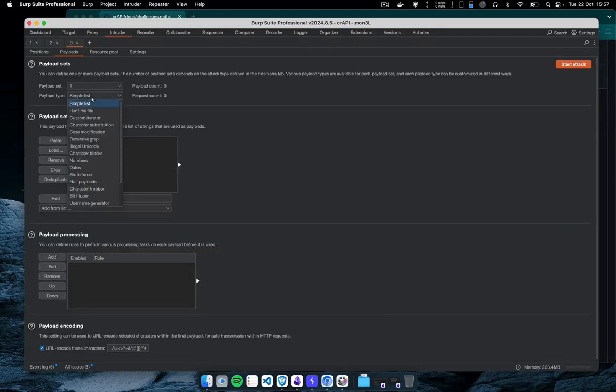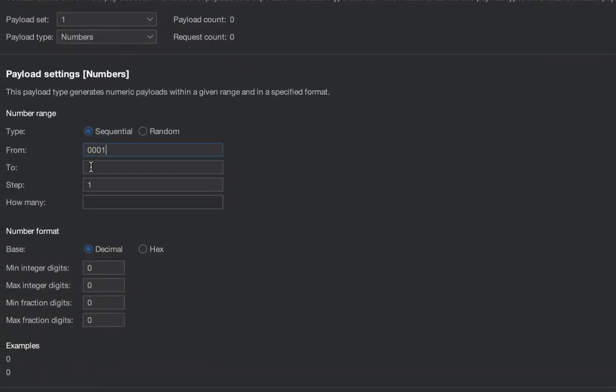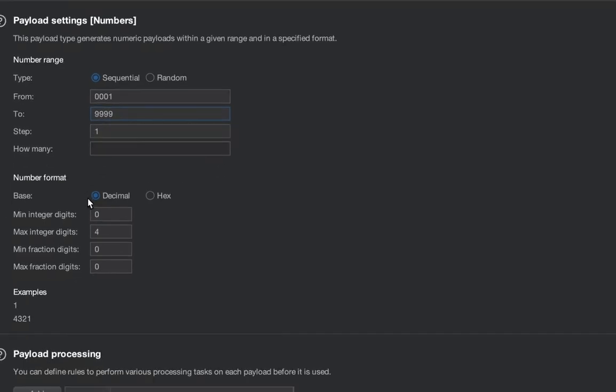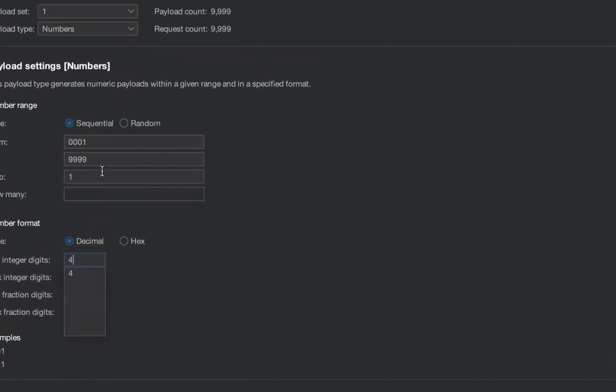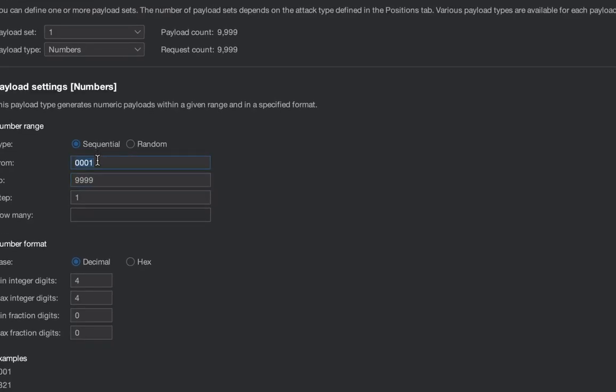And now I will have to select the number. This is for the demonstration purpose. So what I can do is set the OTP value from 0001 to 9999. And if I go ahead with this value, this is gonna take a lot of time. So I'm gonna use some batch numerical numbers. Batch as in I will use 1000 set of OTPs to perform the brute force attack at a time. So I will start with, suppose, 7000 to